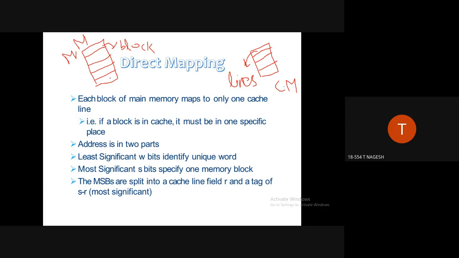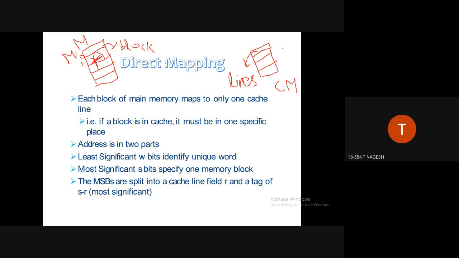Let us take a simple example where there is a data called 2 in this main memory block. The CPU searches for this data. Let us suppose a variable a is residing in this block. This is block number 0 and this is block number 1. In main memory block number 1, your variable a is residing. So you need to access that variable a.